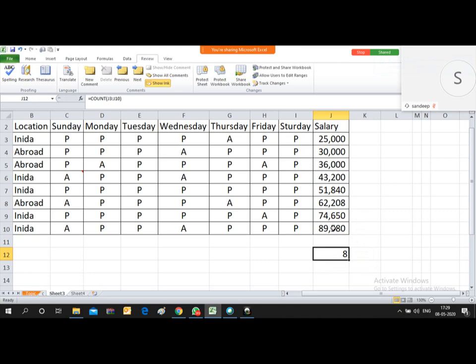So friends, there may be n number of data where you require a particular count for the numbers appearing in that column. For this, count is required.